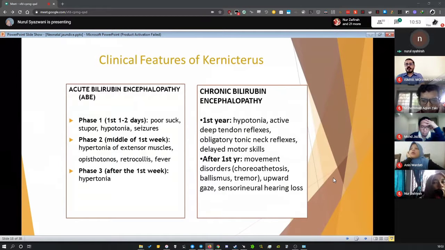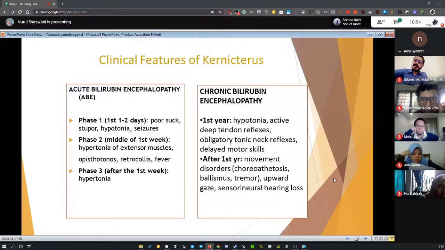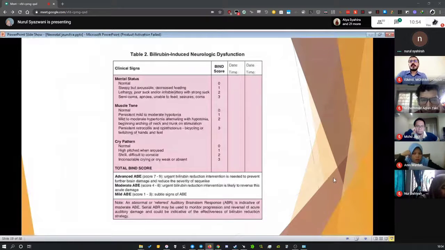For the chronic bilirubin encephalopathy, usually during the first year, the baby may have hypotonia, active deep tendon reflexes, and also obligatory tonic neck reflexes and delayed motor skill. And after the first year, they may have abnormal movement disorder, which is the choreoathetosis, ballismus, tremor, and also present with the upward gaze and sensorineural hearing loss. Okay, this one is the bilirubin-induced neurologic dysfunction BIND score, used to